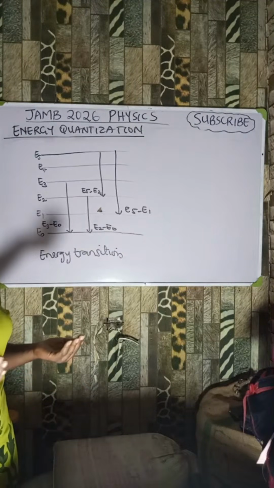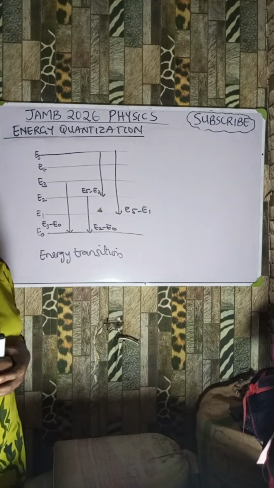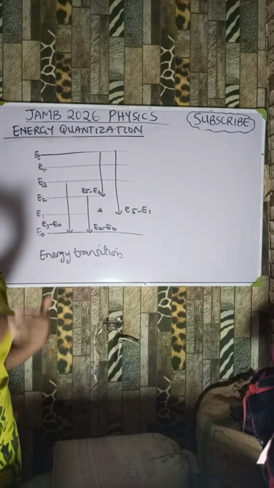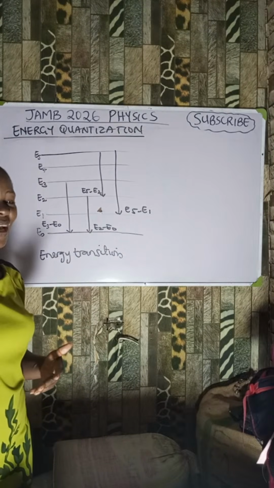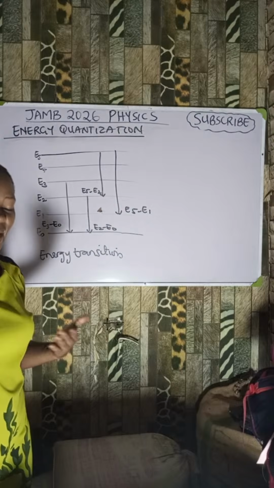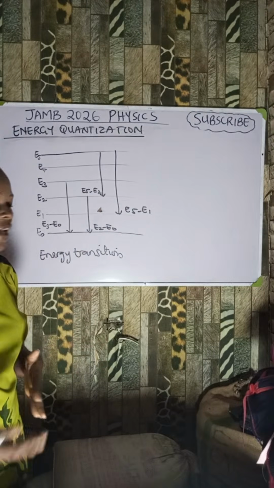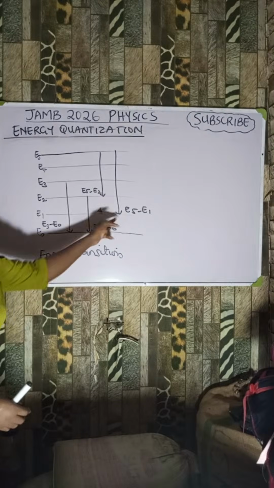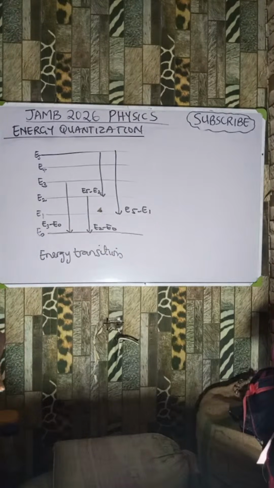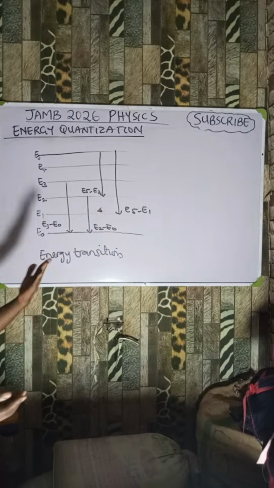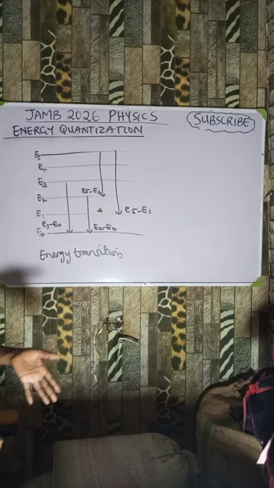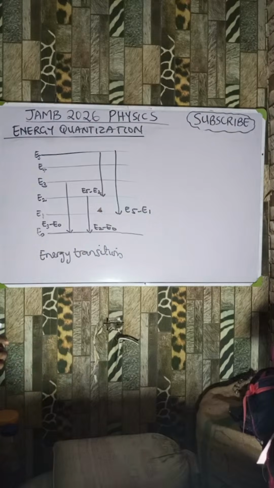To return back to its normal state. The reason is because the excited states are not stable. They can't remain there for a long time. They're going to return back because they jumped to the higher energy level because they were excited by bombardment. Okay, so after a while they return back to their normal state and they're going to emit energy in the form of a photon as they're returning back, because it was a higher energy that took them there. So as they're coming back, they're going to emit that energy. Do you understand? So that is what we mean.